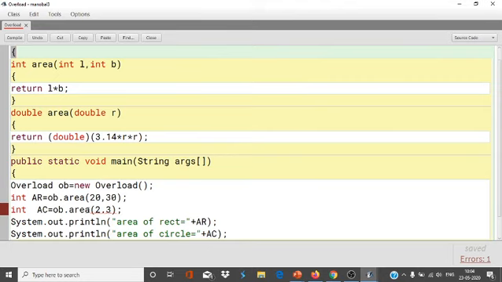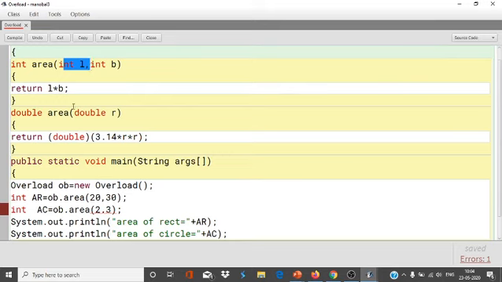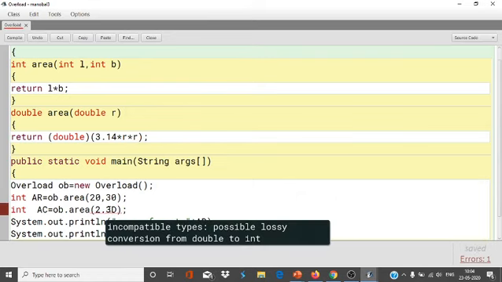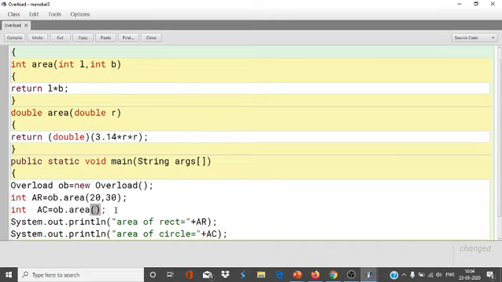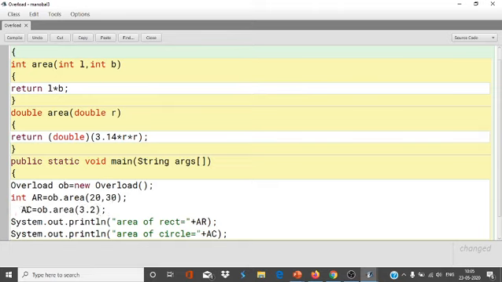Ob.area takes a double r. Oh, sorry, it will return a double value, so we have to take a variable of double type: double ac equals ob.area.